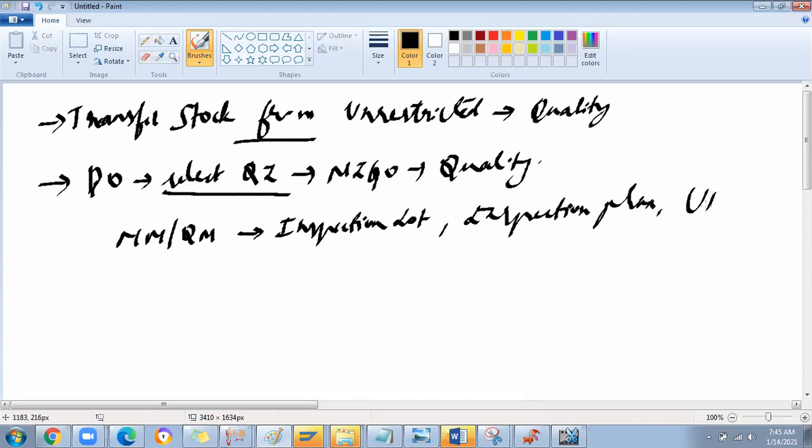And usage decision, how we decide how many materials are okay, how to reject or block, send back to the vendor premises. And I will explain today also how to return the goods to the vendor if rejected, through 122.